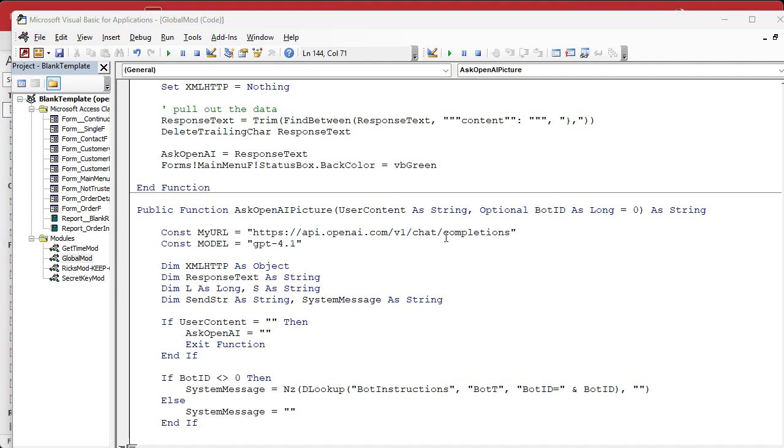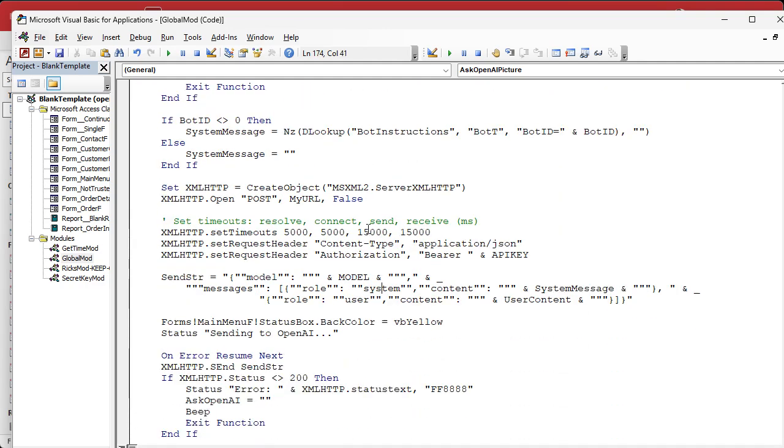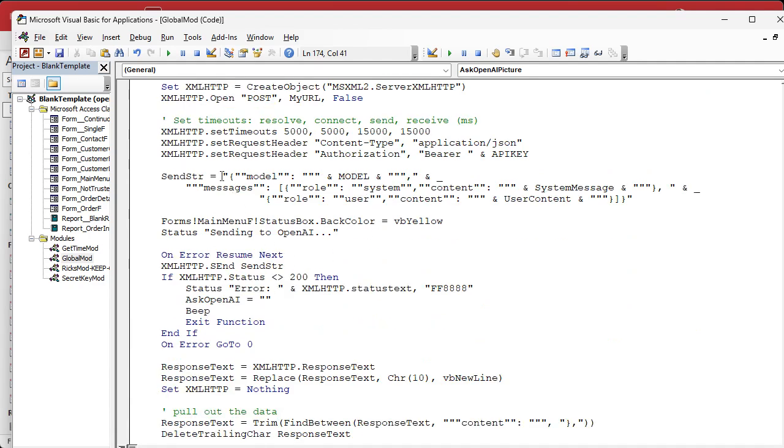Now for images, we have to change the URL that we're posting to. And for this one, it's going to look like this. Okay. It's OpenAI V1 images generations. Okay. So like I said, a little bit different. Model is the same. Now for the send string, I'm going to come right down here